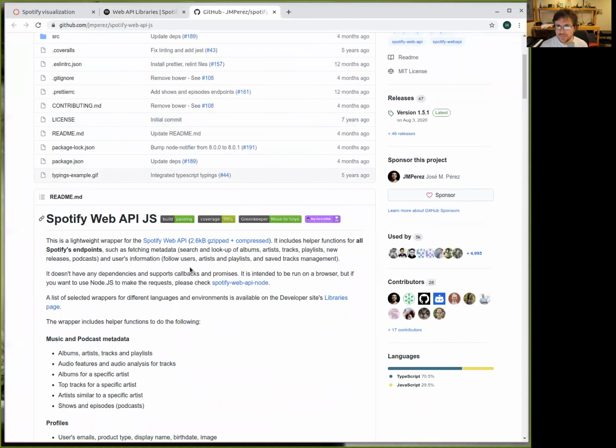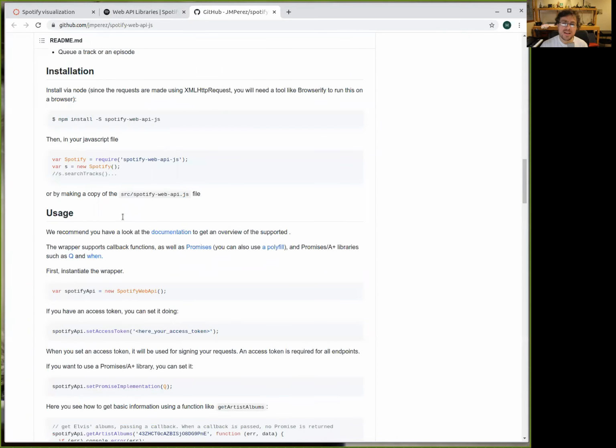So we went through here last class, we read a little bit about how to use it, we tried to implement it, and we failed and failed and failed. Well, the problem of our failing was that we were not doing the initial set access token. If you have an access token, you can set it here. We can get some of the information with the access token, but it will fail with the other access token. So, very kindly the other day, who took my audio programming class? Jared? No. Yeah, it was me. Okay, Jared said, okay, but we did this in the other class, so you send me a couple of examples.